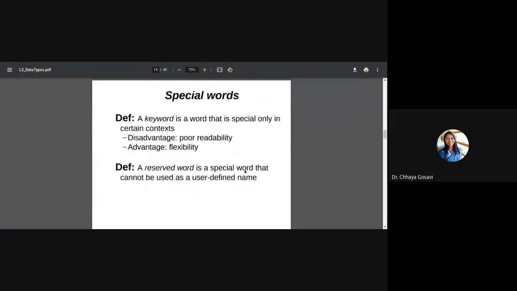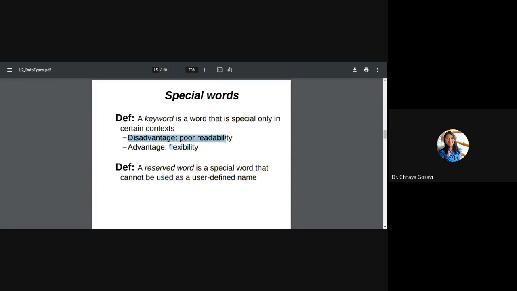Some languages have special words or keywords. In Java, we cannot create a variable of type main, or I cannot say int main or int while or int if. My variable name should be different from keywords or reserved words. Like C, C++, Java has the concept of keywords. A keyword is a word that is special only in certain contexts. So in this case, what is the disadvantage? Poor readability, and the advantage is flexibility.